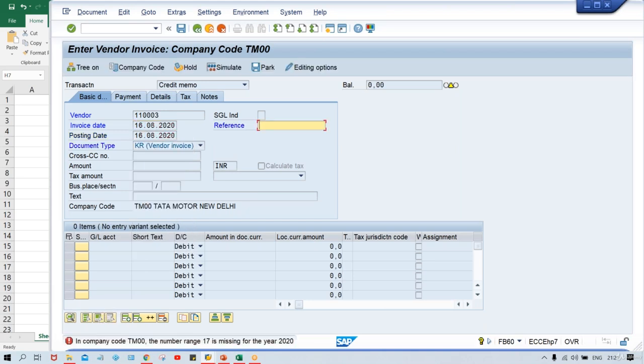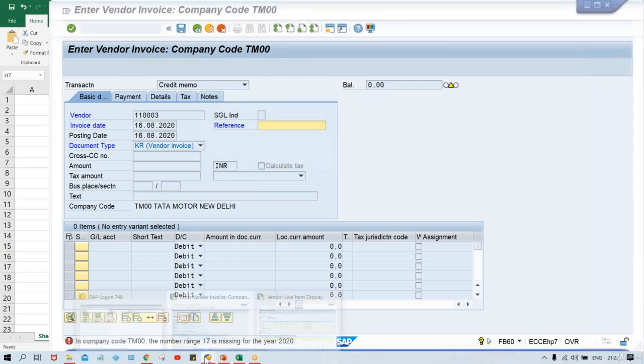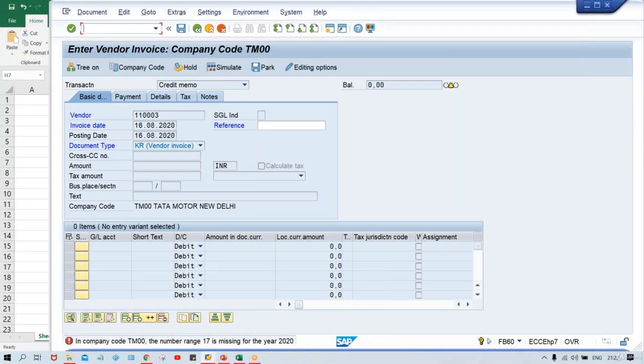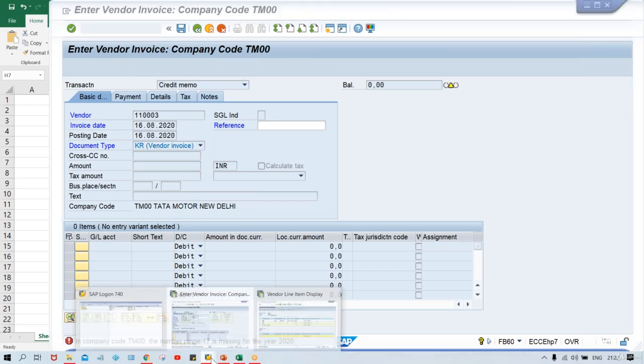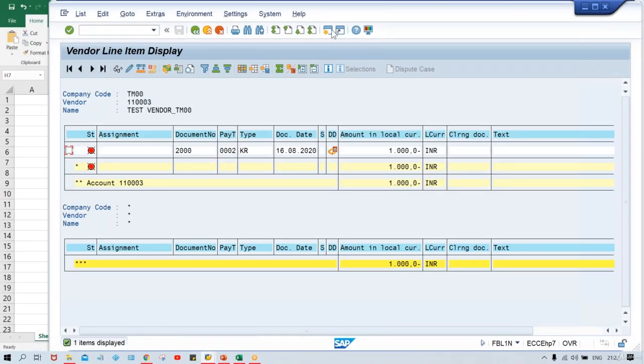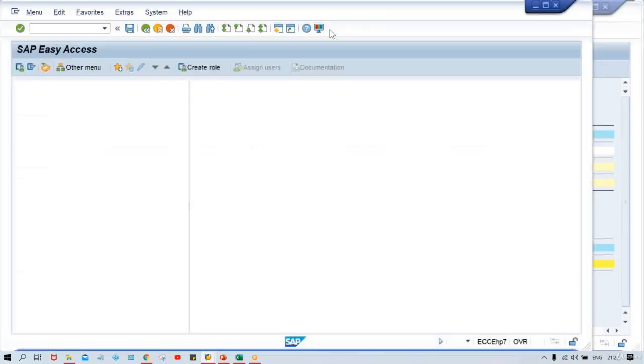Okay, now again the system is saying number range 17 is basic, because for a credit memo, what is happening, guys? A different document number is going to be used. A different document type is going to be used, that is called the KG document type. So you just do one thing, or else you use a different transaction code itself. For credit memo we have FB65, or else from here also you have access. But I'll just do one thing, guys. Now, number range 17, right? So number range 17 means